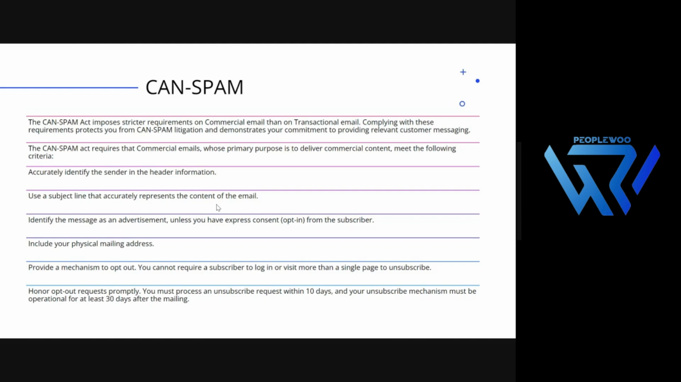The third important CAN-SPAM law is to identify the message as an advertisement unless you have expressed consent from the subscriber. Only if you have subscribers who have submitted data to you by themselves, might be from a sign up form, lead capture form, any form you have used online. If that subscriber has sent you emails or has given his personal information by himself, then only you can send